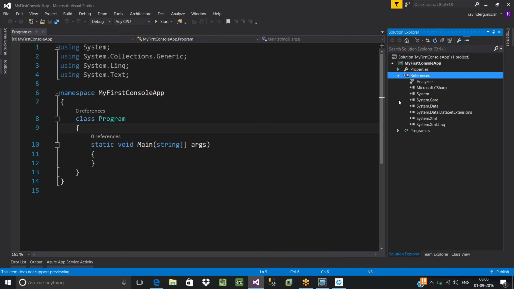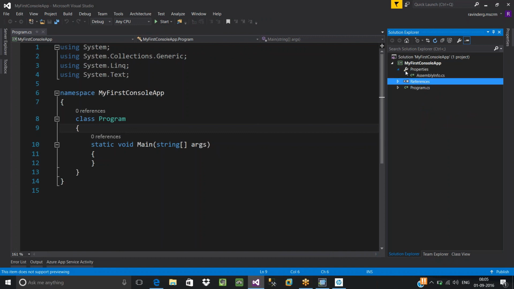So whenever you select a console application, whatever is required to start with your basic program, they have already done it. They already added a few references for you, like system.core, system.data, and system.dll. If you're looking for any library other than these, which are not listed here, just go ahead and add a reference to that particular library. So this is something about references. And the next one is properties.